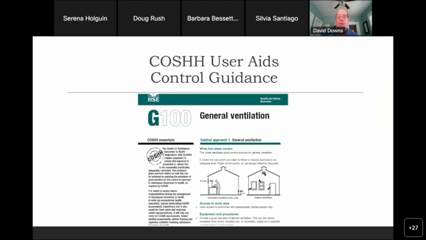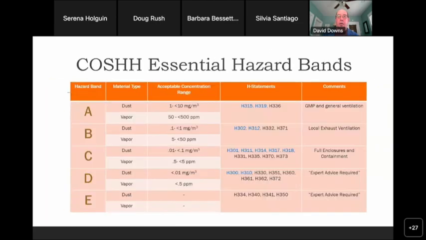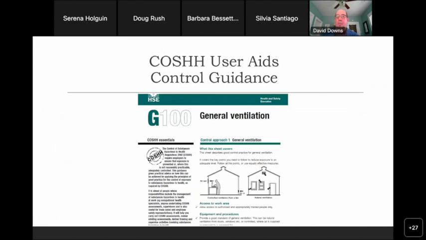I just quickly go back to the chart here. You can see in this case that any of the 8 statements that I've highlighted in blue are actually hazard statements that are not related to respiratory exposure. So you're classifying the hazard of the material for respiratory exposure using hazard statements that don't have anything to do with that kind of exposure.